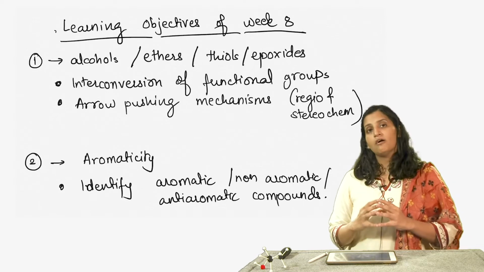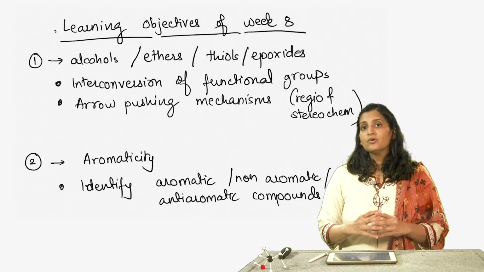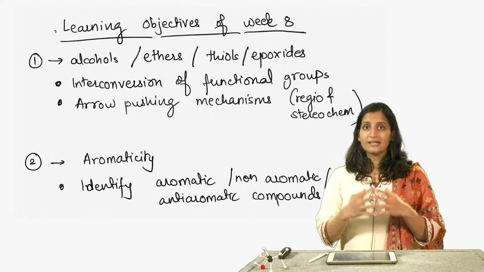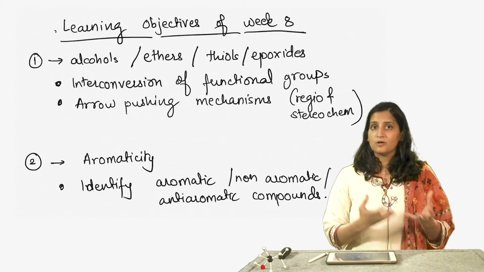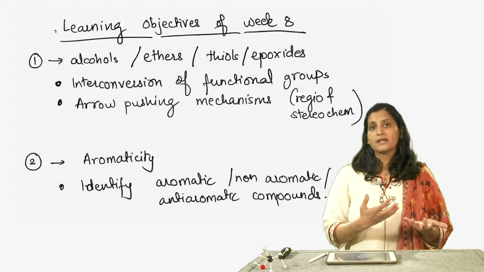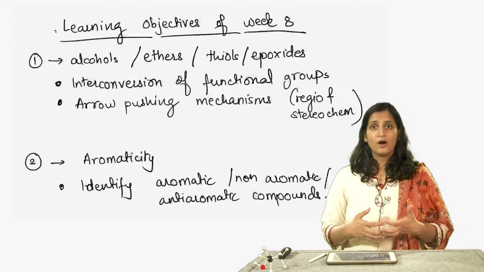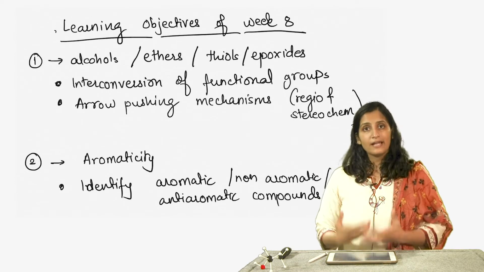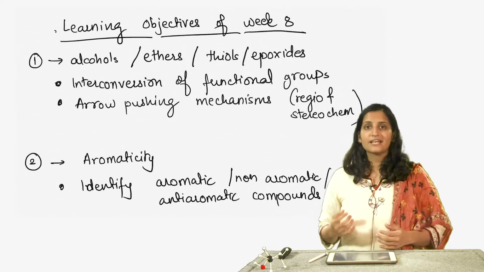The second part of this week is dedicated to aromaticity. We are not going to delve very deep into the reactions of aromatic compounds, but we are first going to get introduced to aromatic compounds, and identify them and what renders them stability. There is an increased stability for aromatic compounds as compared to other compounds, and we are going to identify which compounds are aromatic, and how to classify compounds as aromatic versus non-aromatic versus anti-aromatic, and that is where we will stop. We will not be covering the reactions of aromatic compounds, that is for the next course.